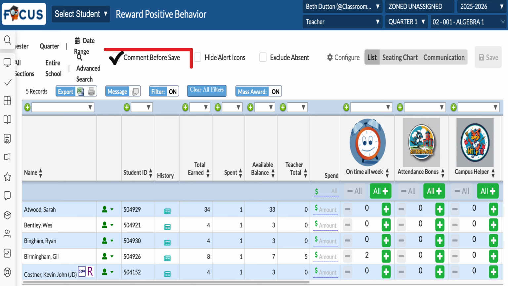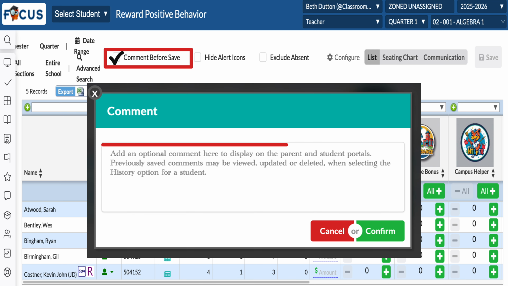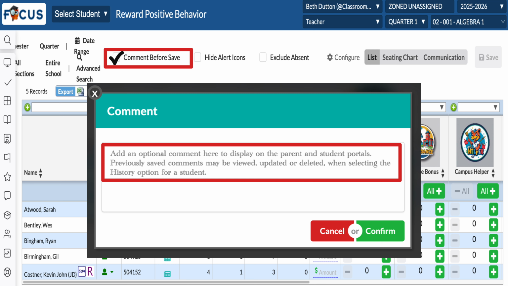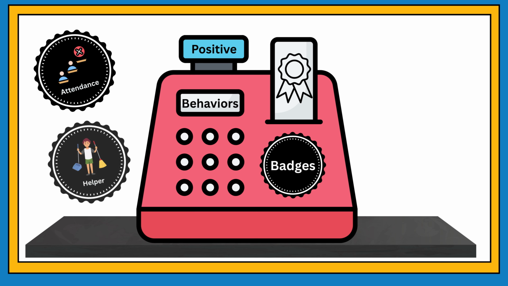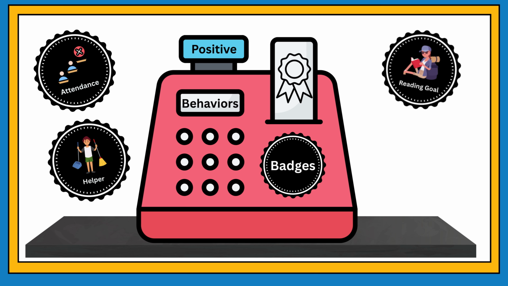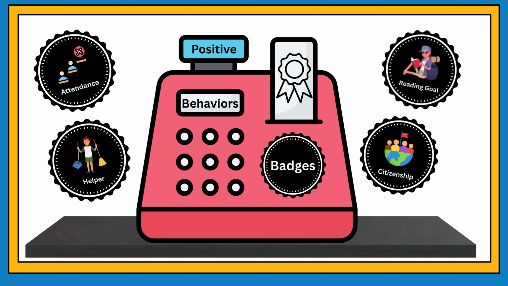If the comment before Save option is enabled, enter an optional comment in the pop-up window and click Confirm. Remember, you can hide alert icons and select Exclude Absent to remove students who are absent on the current day from the list. Spending positive behavior badges in Focus is a powerful way to reinforce good choices, one badge at